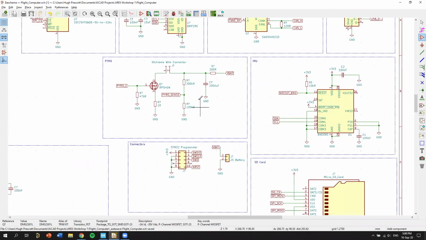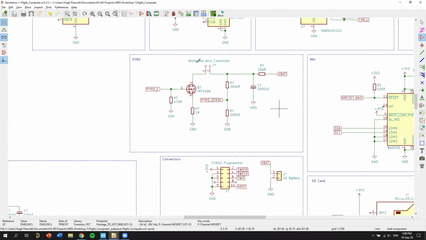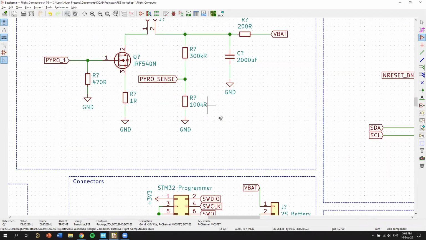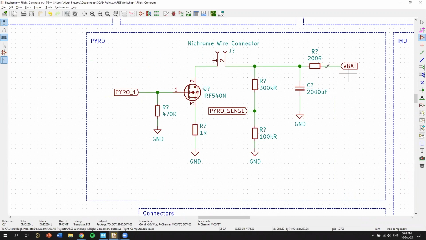And then this little circuit here is our Pyro Channels. So this is how we're going to actuate our parachutes or whatever staging that you want. You don't have to worry about this too much right now. Essentially, I actually have to do some changes with this because I don't think this is going to work with nichrome wire. Essentially, all this is doing is pulling a bunch of current from the battery. And when the current goes through the nichrome wire,